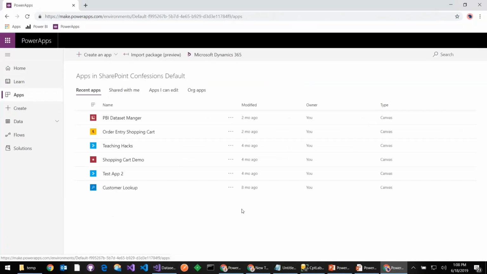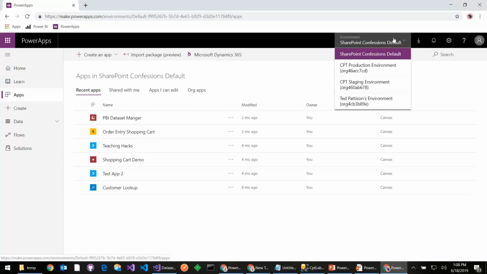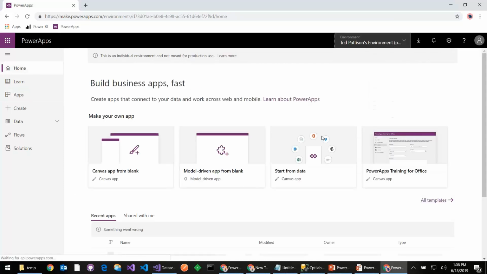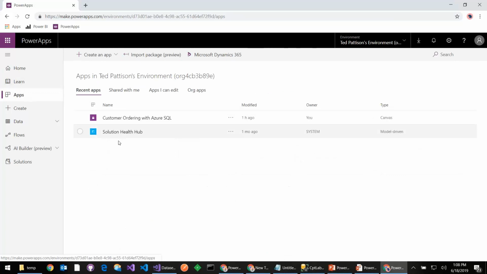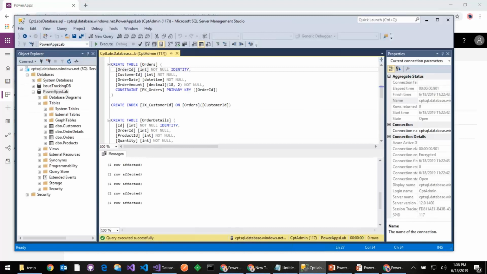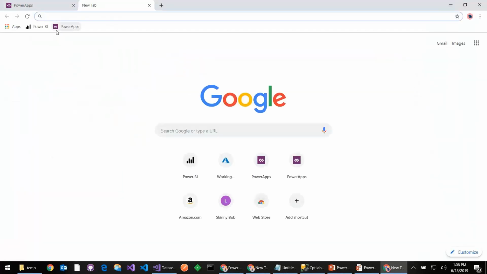And so one of the demos that I would like to show here, I'm going to go over to my environment. And within this environment, we have the custom ordering with Azure SQL. Now, let me begin by moving back here and taking a look. Here is an Azure SQL database. So if we go back to